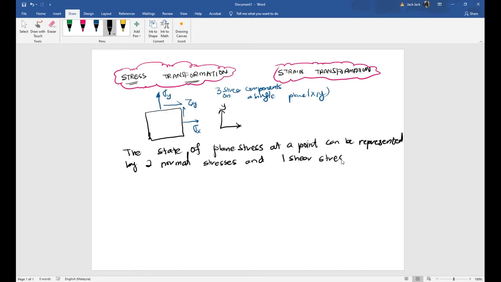So these three stresses: sigma x, sigma y, and shear tau xy